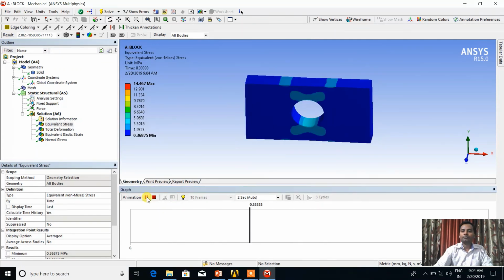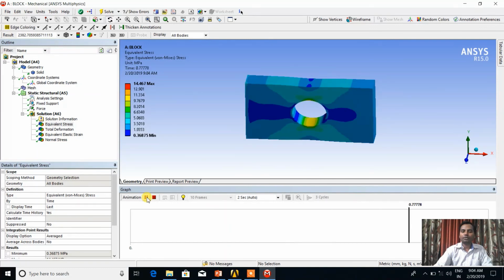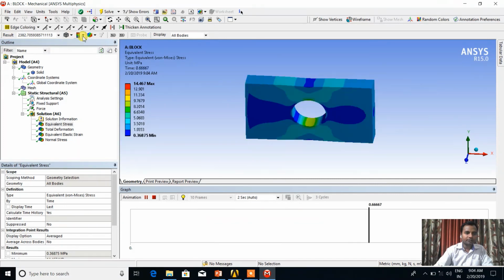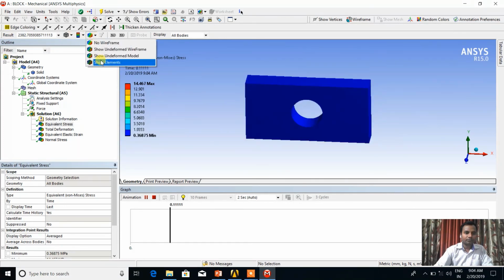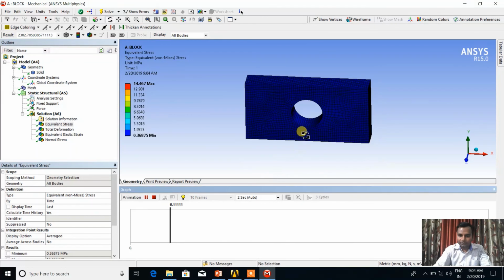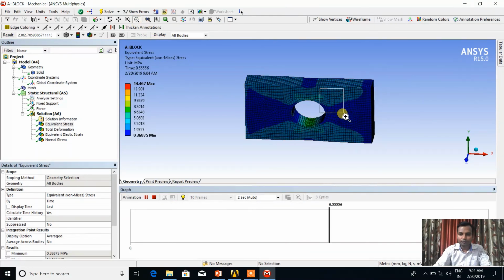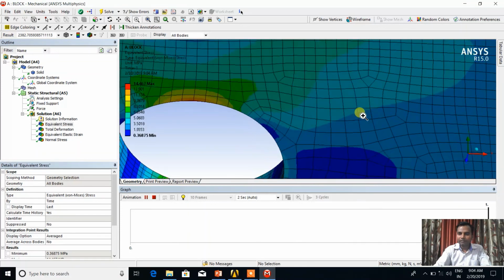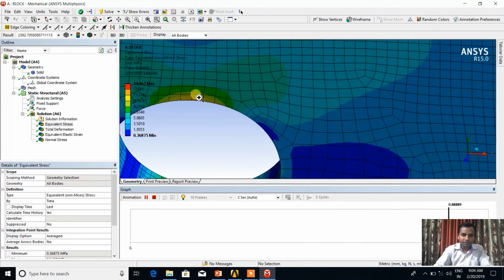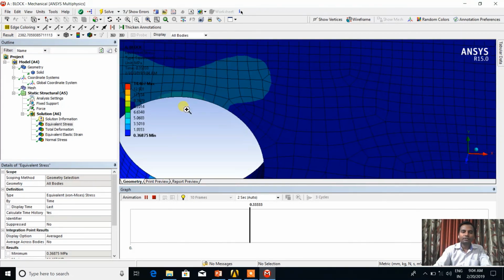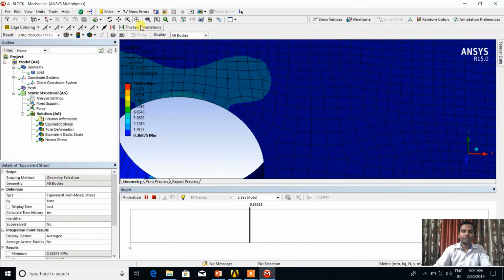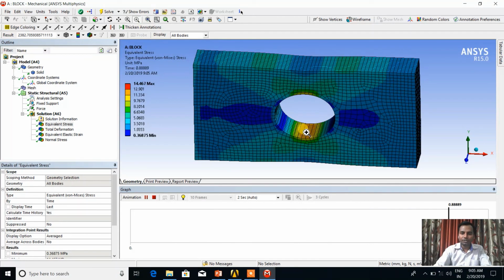This is the animation of the body. I can also check the elemental parts with respect to the elements. You can check this in zoom; all the elements will expand, and the stress will be induced in each element. So this is the analysis, and this is the finite element analysis, where the stresses are induced on the elements.